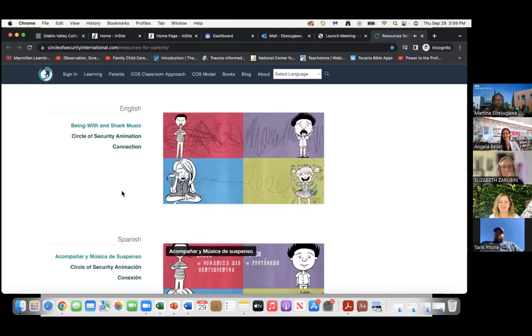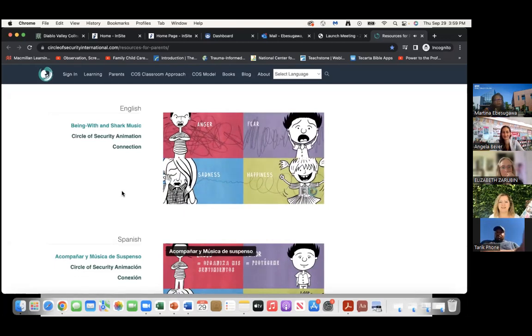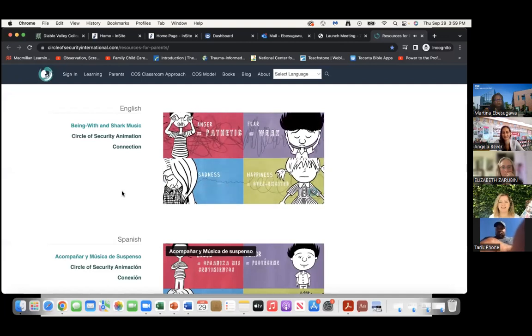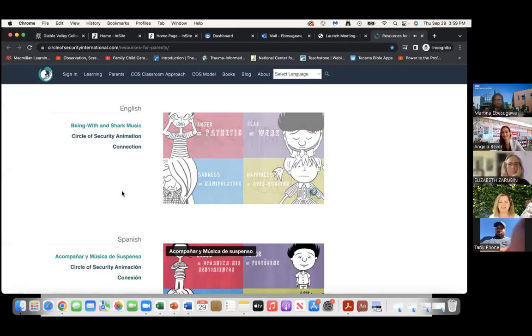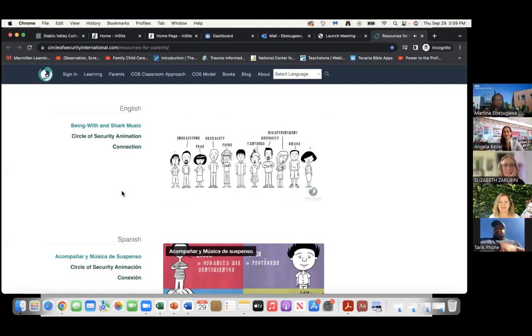Shark music. We're rarely aware it's playing, but it's our past experiences telling us to be afraid of or uncomfortable with a feeling or need that is actually safe. When our shark music limits our ability to respond to these feelings, our children learn to hide or feel ashamed of them. This is a problem because we're teaching our children to fear emotions that are actually both safe and essential in life. Most of us experience shark music with one emotion or another, and it's different for everyone.